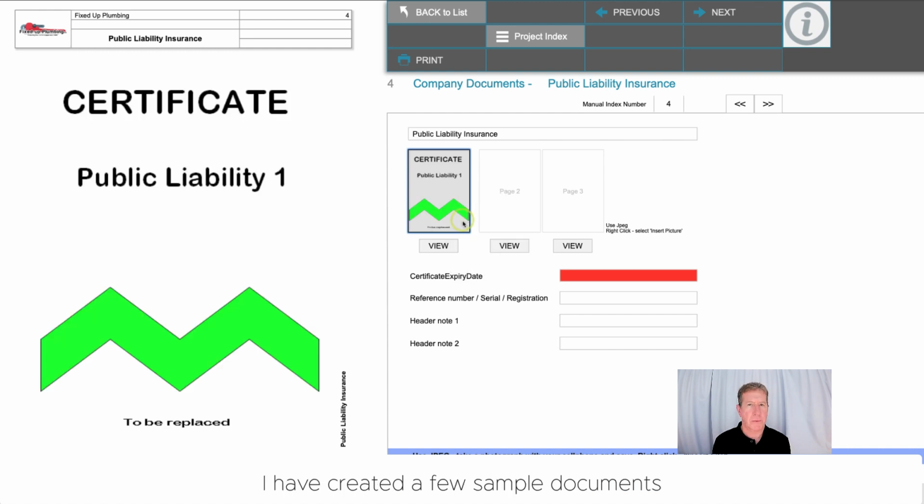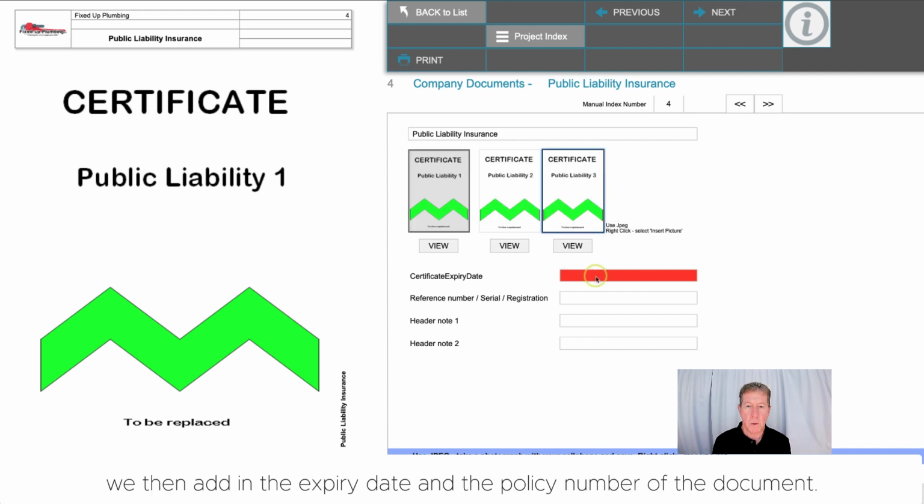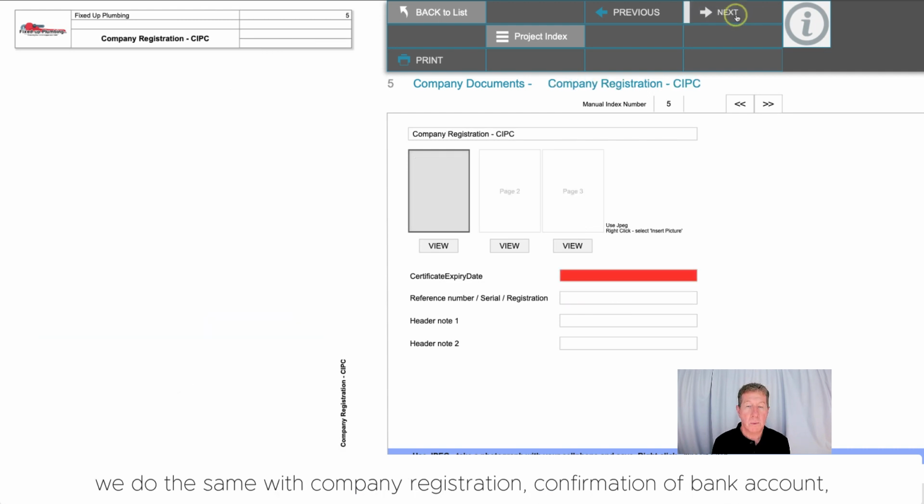I've created a few sample documents, and in this case, a public liability is often 3 documents, so we can scan the 3 different pages separately. We then add in the expiry date and the policy number of the document. We do the same with our company registration, confirmation of bank account,